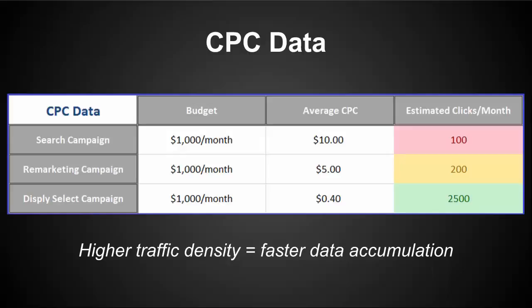The reason that this is important is because oftentimes when you have that limited budget, it's impossible to test all of those campaigns viably at once because it's just too expensive. Because you're going to be spreading yourself too thin. I mean, if you have $1,000 a month, 100 clicks from there, you can see that it's going to fulfill